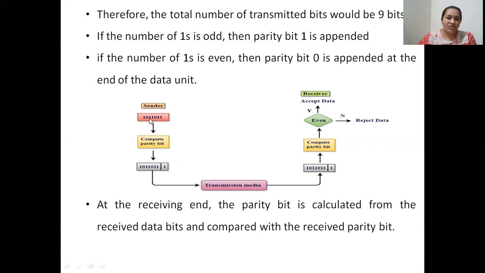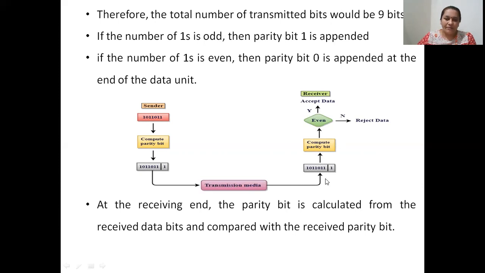The number of ones in the data is 5. There are 5 ones. To make this an even parity data unit, we will append the parity bit as 1. Now, the parity of this whole 8-bit unit becomes even. Now there are 6 ones in total, hence the parity is even. So after appending this parity bit, the data will be sent through the transmission media to the receiver.